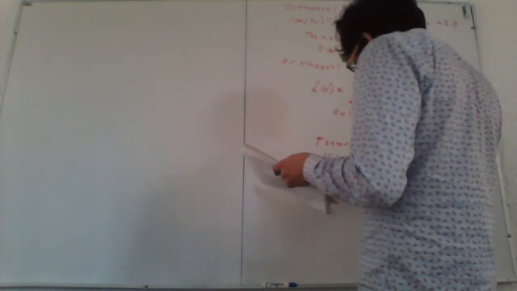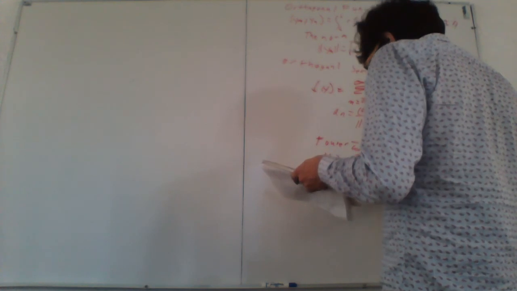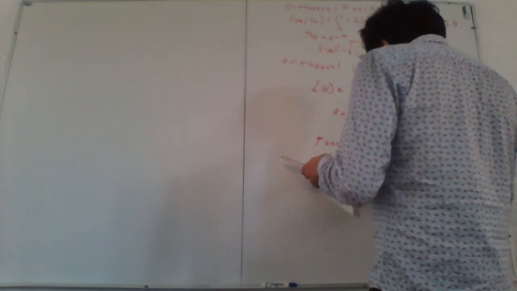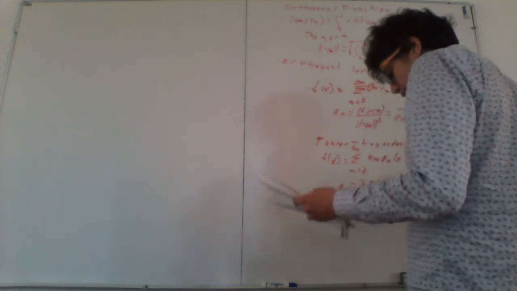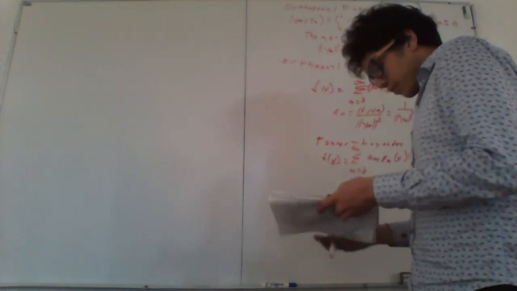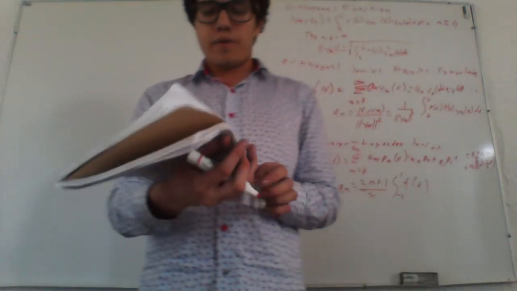So this coefficient a_m is equal to (2m plus 1) over 2 times the integral between minus 1 and 1 of f(x) P_m(x) dx. Okay? So we are going to solve an example